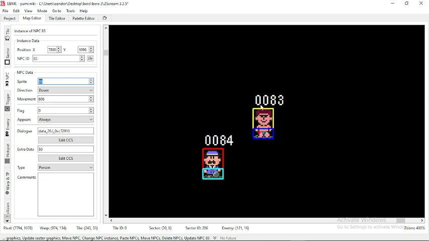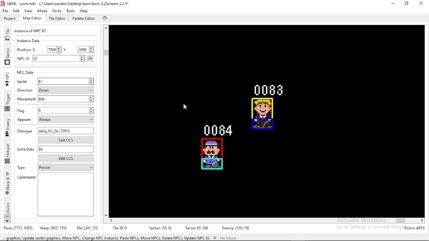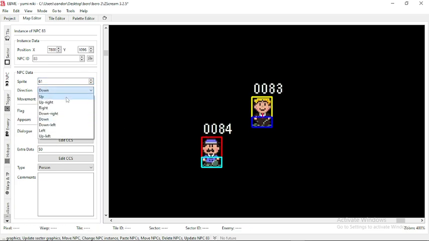This is the sprite box of the NPC, and this is the collision of it. So if this is colliding, and then you press the interaction key L or talk to, he will talk to this NPC. Let's just put him like this. The direction he's facing,